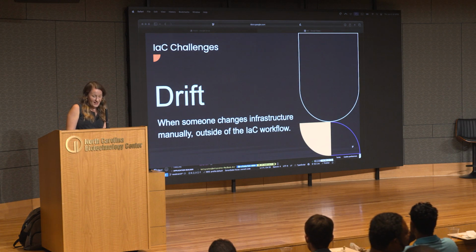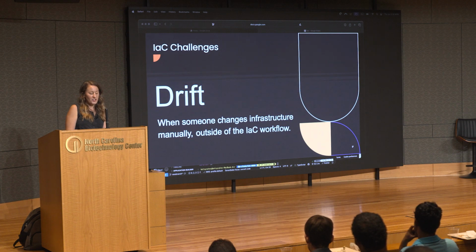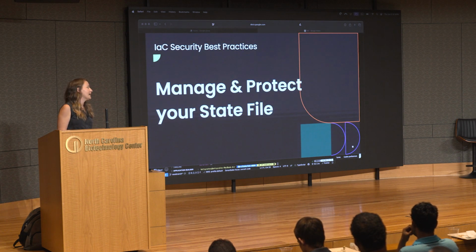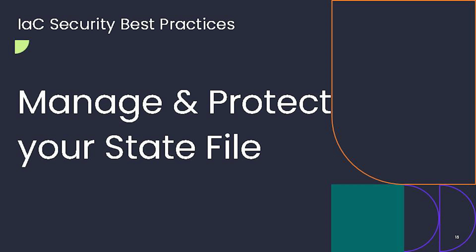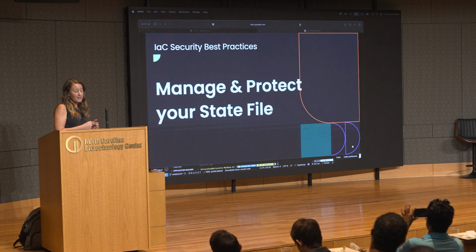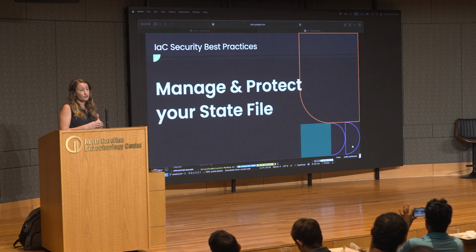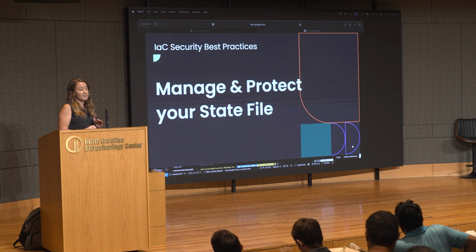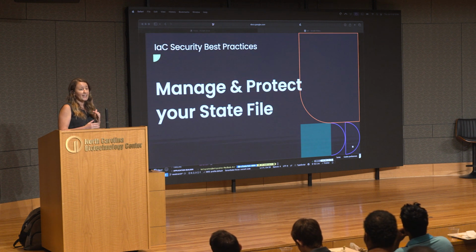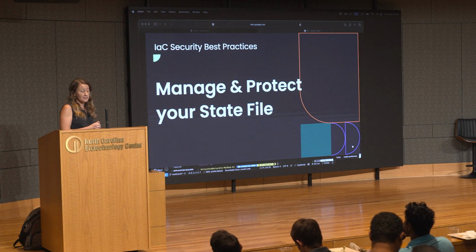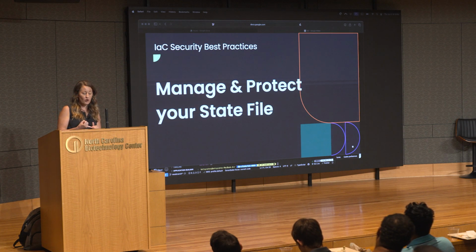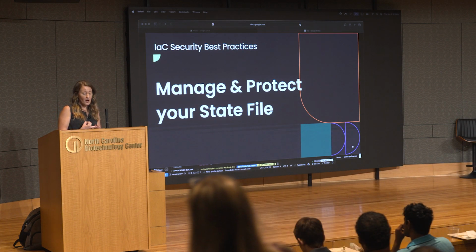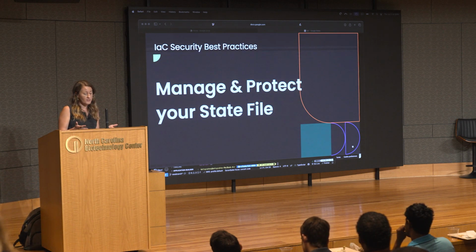Okay, all right, so we've talked about the challenges. Let's also talk about security best practices when you're using IAC. You have a state file when you use IAC. That's a record of what infrastructure your code has created. This is very critical for tracking and reconciling the real environment with your code, and it can often contain sensitive details. So you want to treat that state file like a secret. You want to store it securely on a remote backend and restrict who can see it and use it.